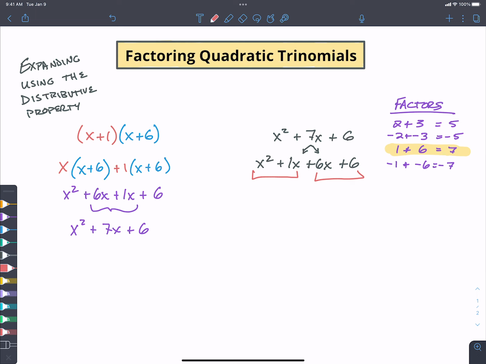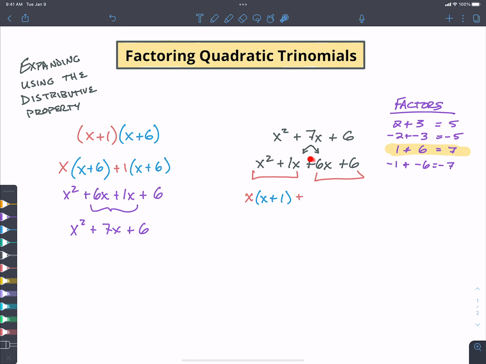So we can see that x is one of them, and what we're left with is x plus 1. If I factor x out, I think to myself, x times what gives me x squared? x times x gives me x squared. x times what gives me 1x? x times 1 gives me 1x. And then I'm going to add,